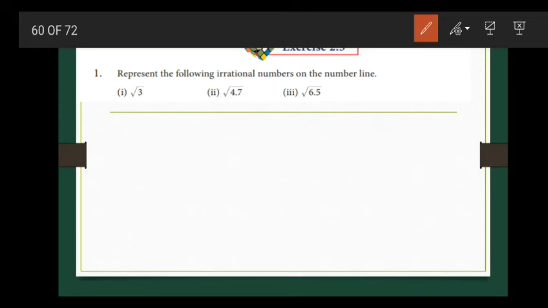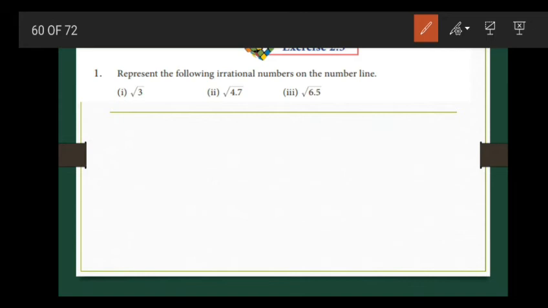When you are trying to represent irrational numbers, the decimal expansion will be non-terminating as well as non-recurring, because when we expand it in decimal form, the numbers after the decimal point won't stop and won't repeat in the same order. So with this information, we'll now move to represent the following irrational numbers on a number line. We have seen an example of the same kind in the previous video.